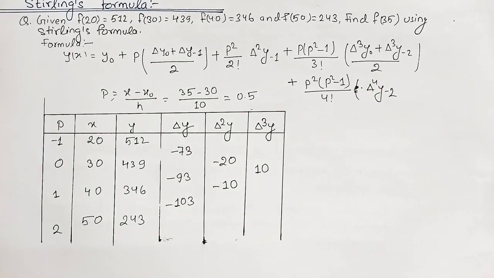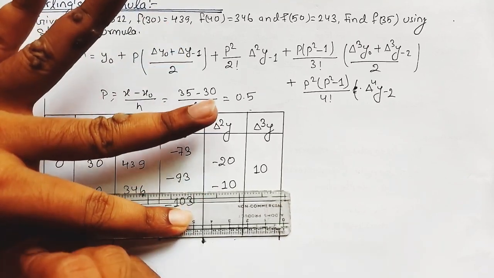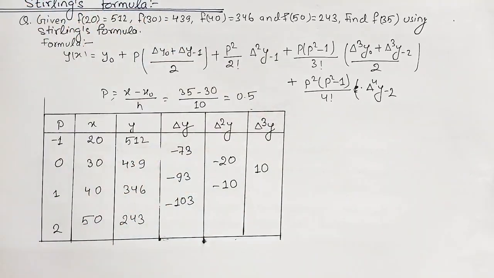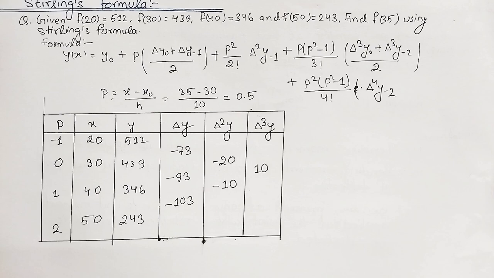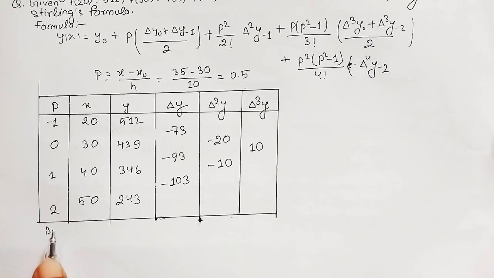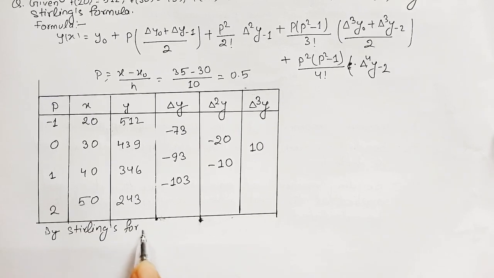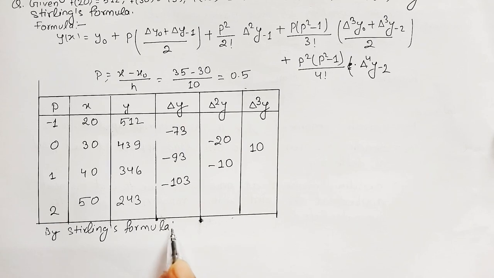So let me close the table now, and I am going to rewrite the formula and substitute the values of the unknowns and find the final answer. So here by Stirling's formula, the formula is